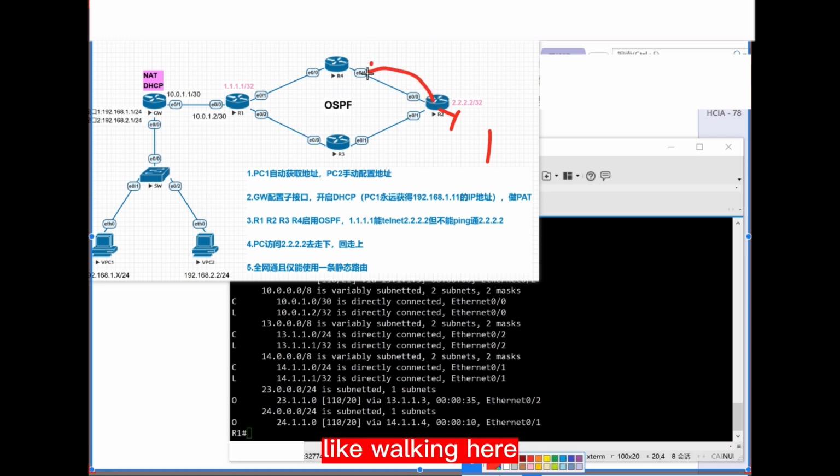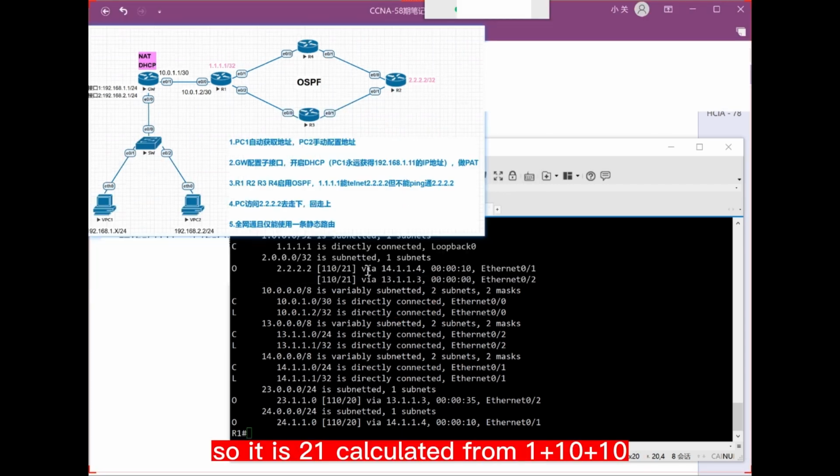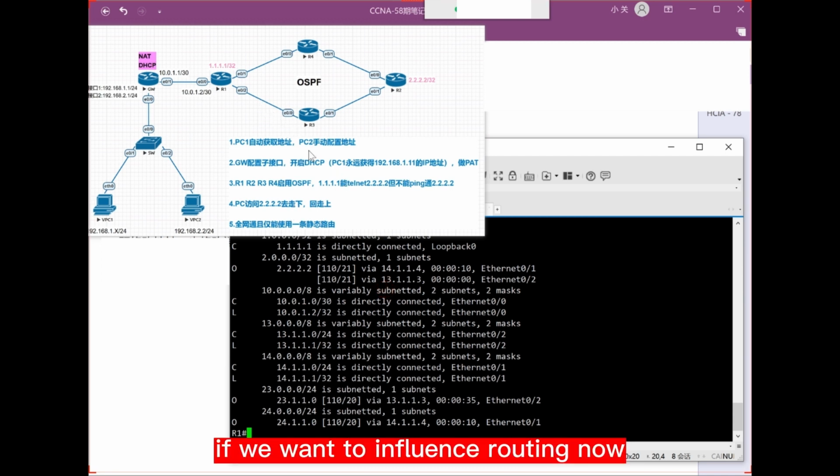Inbound direction of route convergence. This interface is 10. In Cisco, by default this is a 10M interface, so its cost is 10. So it is 21, calculated from 1 plus 10 plus 10. If we want to influence routing now,